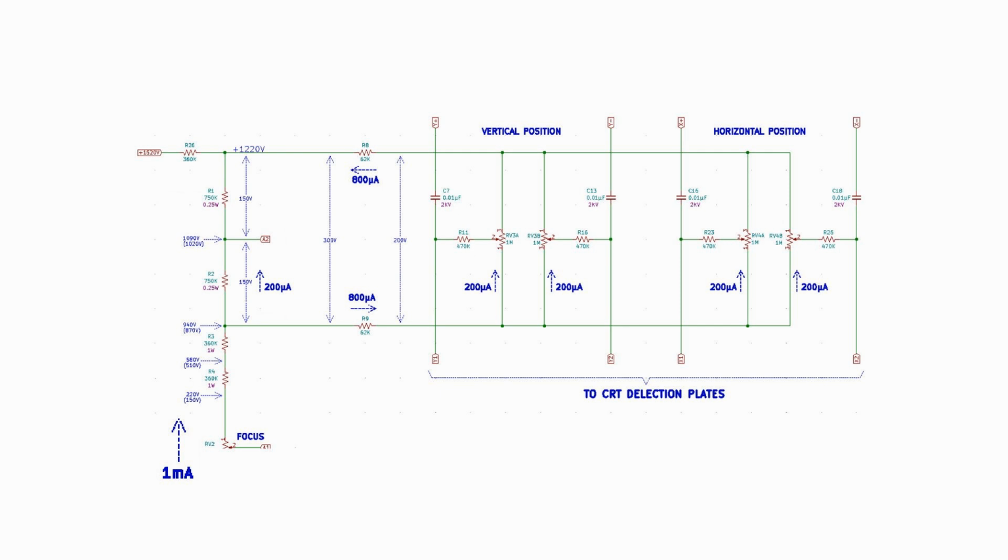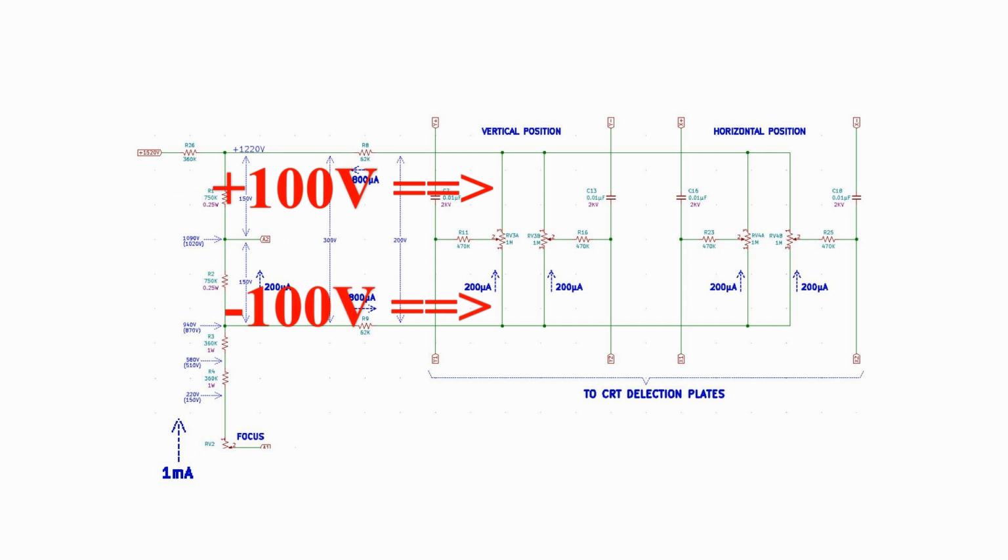Let's look at the centering control circuits next. A word about R8 and R9, the 62K ohm resistors, in series with the top and bottom connections of the position control pots. I originally designed this system to use 1.5 megohm pots, but was unable to purchase any in that same size class as the brightness and focus control pots, so I settled on using 1 megohm controls instead. R8 and R9 correct the circuit for this difference. You can see that each pot has a current of 200 microamps flowing through them. With 1 megohm, we get a 200 volt drop across each pot instead of the original 300 volts I designed for. These pots now have an operating range around their center position of plus and minus 100 volts. This is still more than enough control range for the